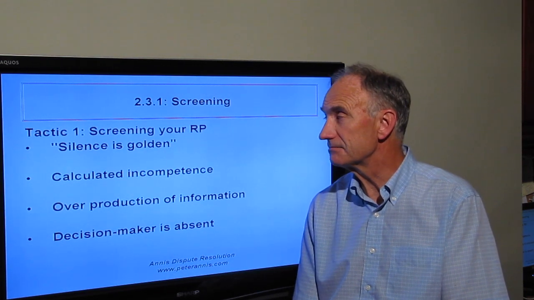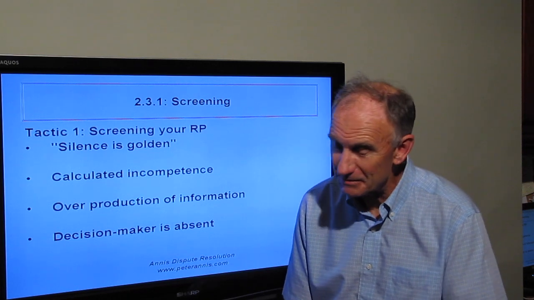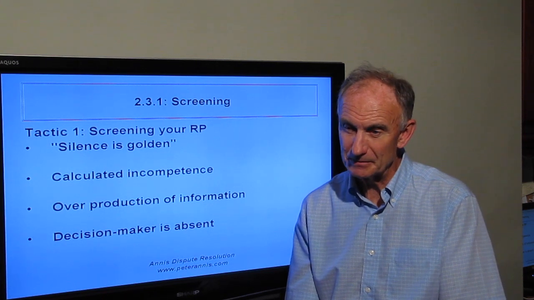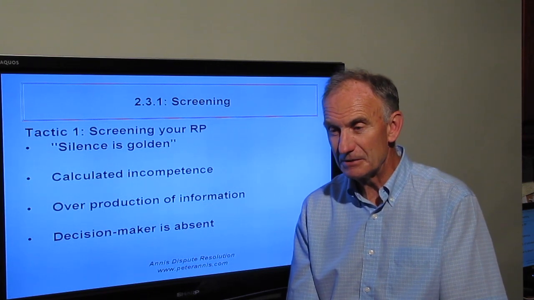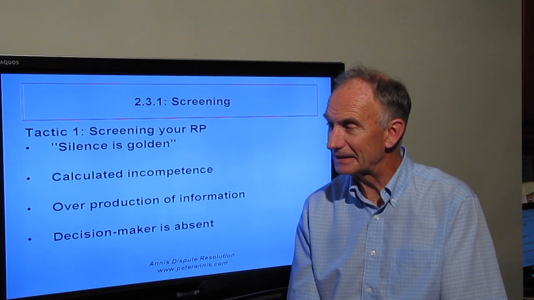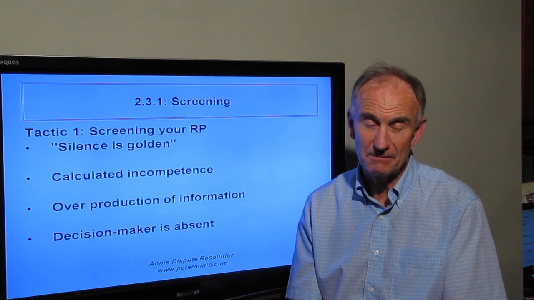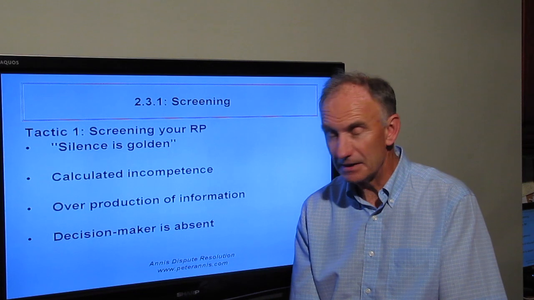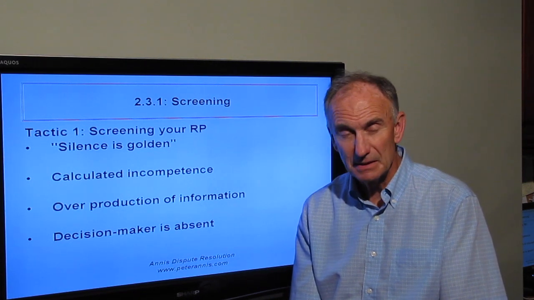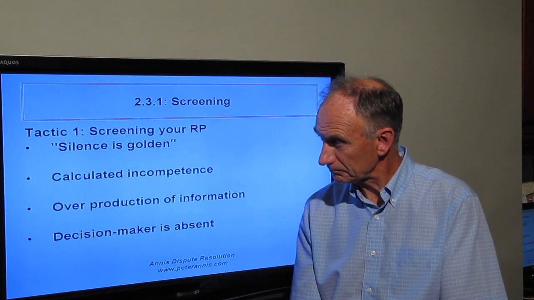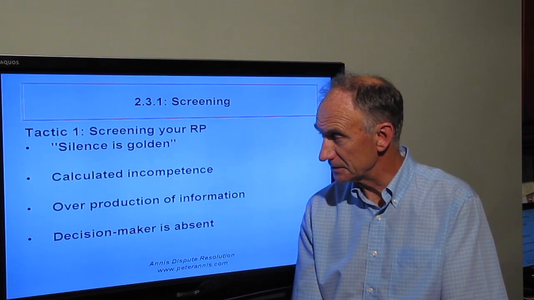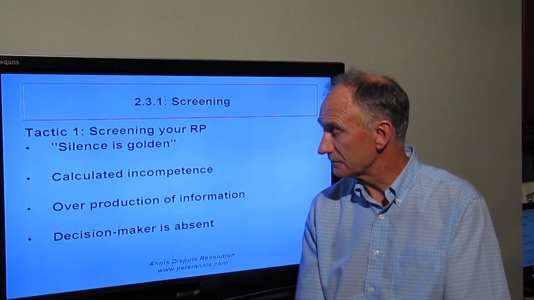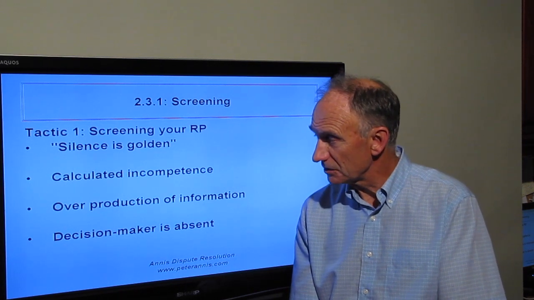Screening, some of the tactics: silence is golden. People don't recognize sometimes that when somebody you're negotiating with, particularly in multi-party circumstances where you can get away with it a little easier, is not participating, it's really part of a screening tactic. They recognize that if they don't open their mouths, they won't give themselves away, and if you don't have anything that you can work on, basically you're at a disadvantage if you've been disclosing all of your interests, all the factors that go into your resistance point, which can be used as leverage against you.